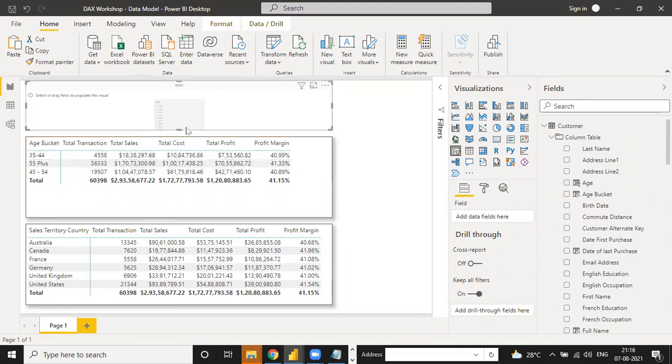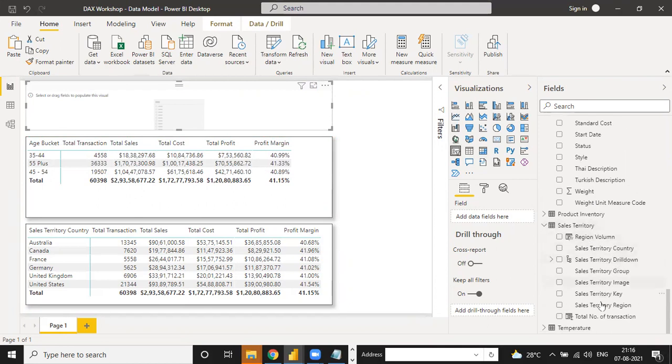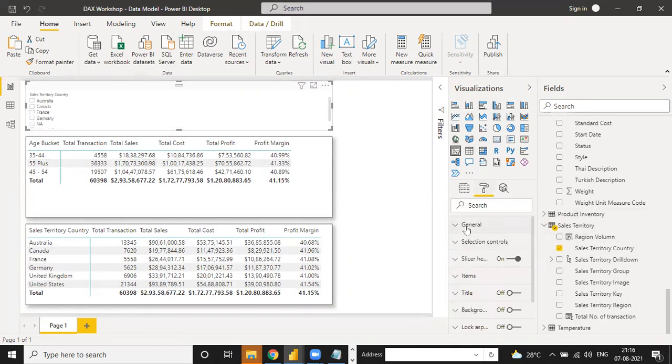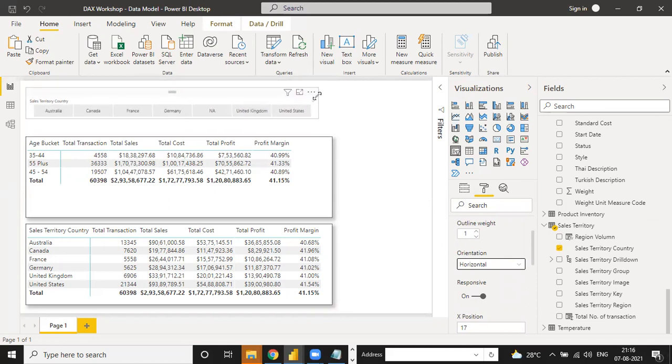Go to the slicer, this one is a slicer, and suppose if you have a region like country, you put it here, country, and see total number of countries 1 2 3 4 5 6, and if you need total number of country in a horizontal way, then instead of vertical, you use a horizontal, and see this kind of data is ready. So this kind of report is prepared in most of the countries.